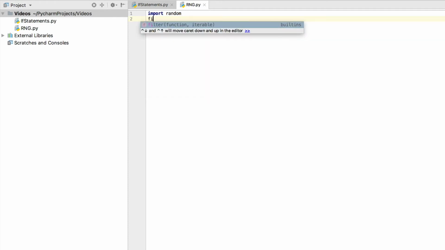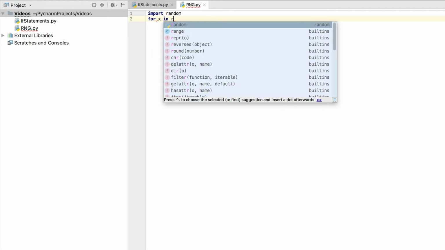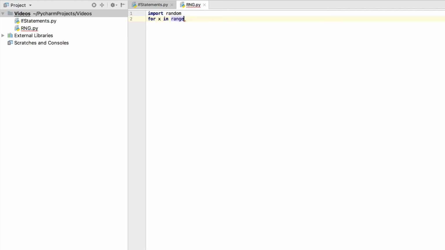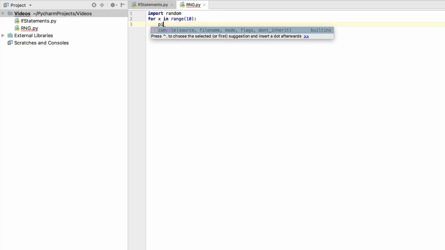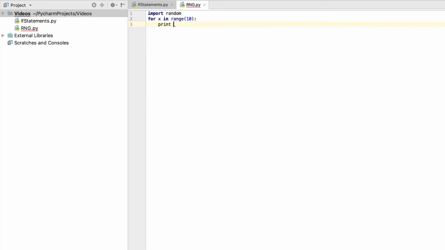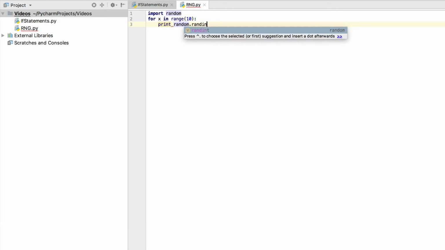So we're going to have for x in range, and you can use any letter in place of x. I'm going to start off with 10. You'll know what the 10 means soon. Then you need a colon. Then I'm going to do print random dot randint, and then